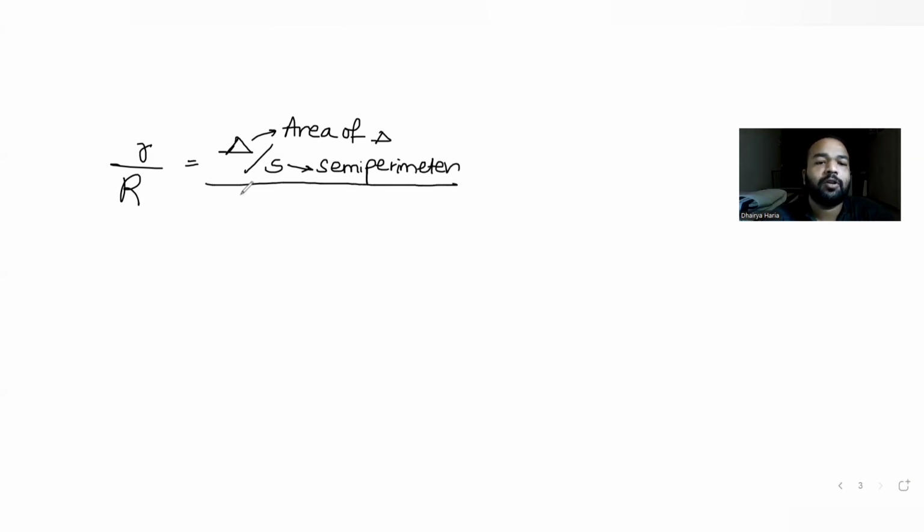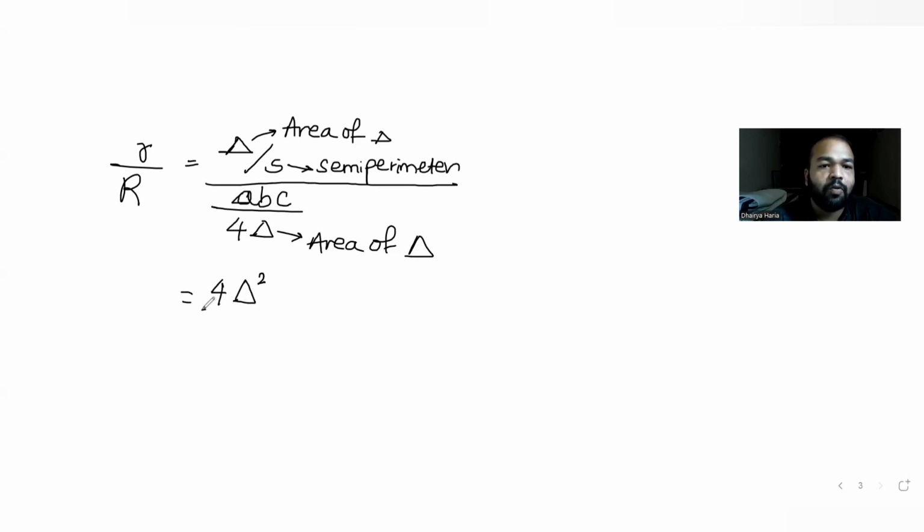The radius of the circumcircle is given by the product of the three sides, A into B into C, divided by 4 delta. Delta is again the area of the triangle. So A into B into C is nothing but the product of three sides. Now if I use this idea here, let's see what I get. If I further solve this, I get delta square into 4 upon S, that is the semi-perimeter, multiplied with the product